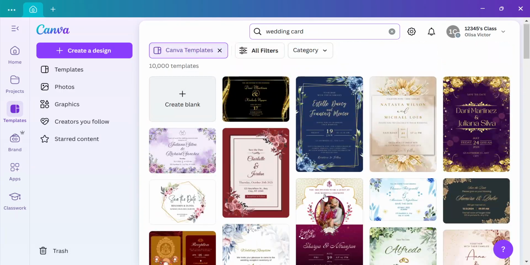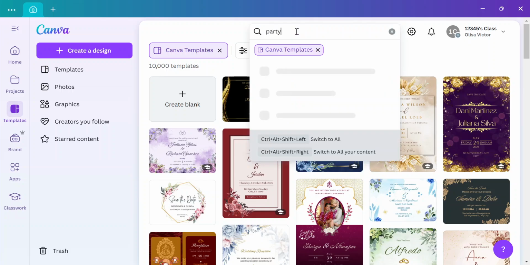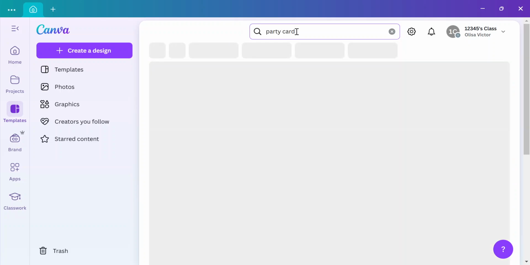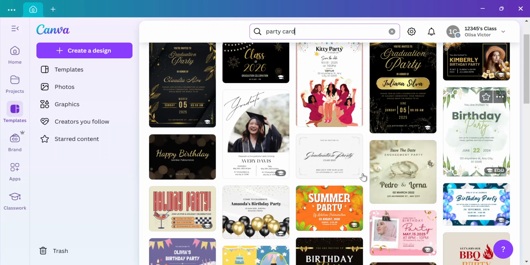Even if I'm having a birthday party, I can just say party card, and it will bring templates that I can use for that. So this is party card. Good, you're officially invited to a birthday party. So this is how to create invitations for weddings and parties on